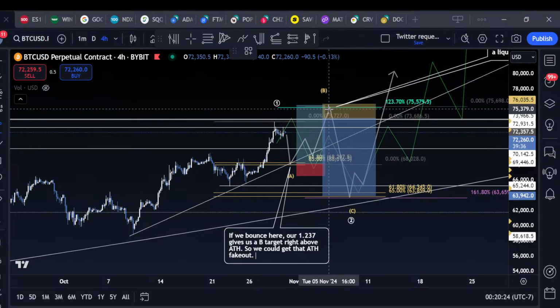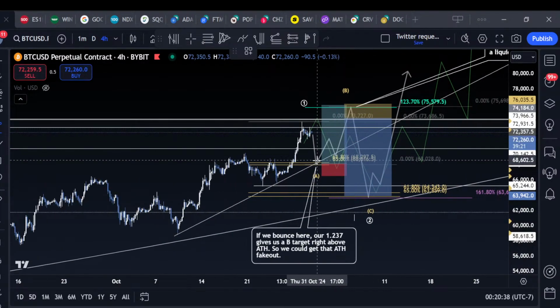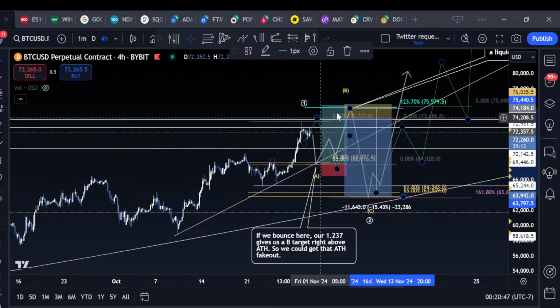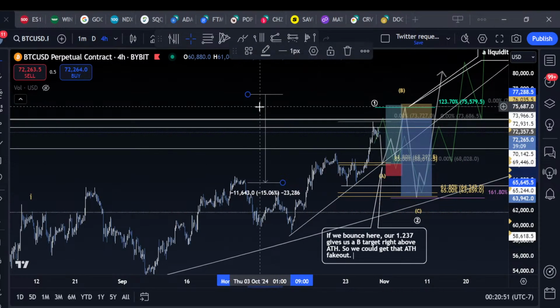These ideas, by the way, have triggers and invalidation. So if we just break out, I'm not taking this short. If we just break this down, I'm not taking the long. I'm going to see if we come down to New York Open, we get a big flush. Should be a pretty reactive level. I think it's going to be worth putting on a little bit of risk there. And if price just rips through the all-time highs, then I'll just hold this long. But then we have a big 15% move to the downside to come and take these lows,